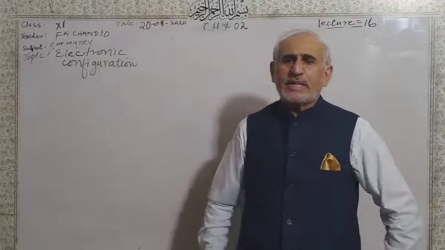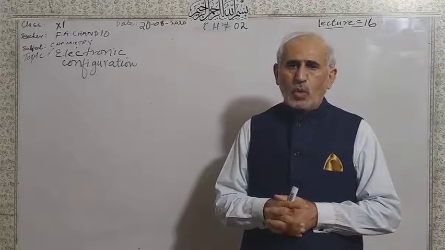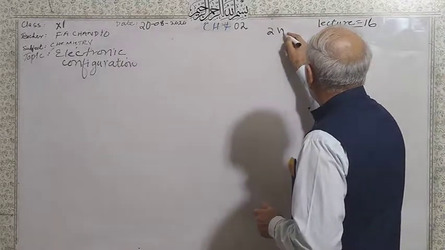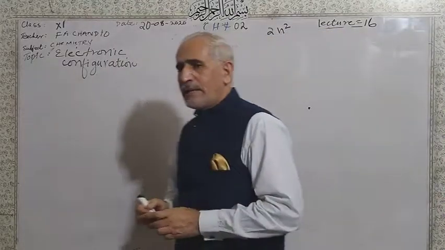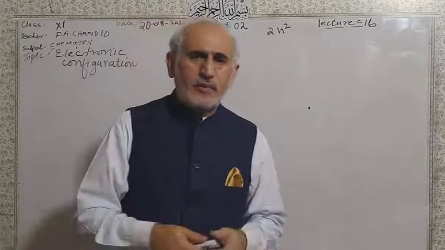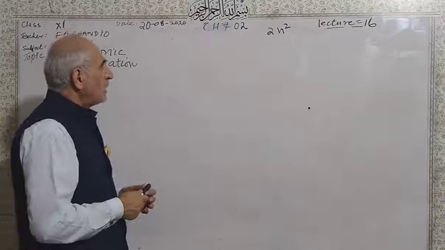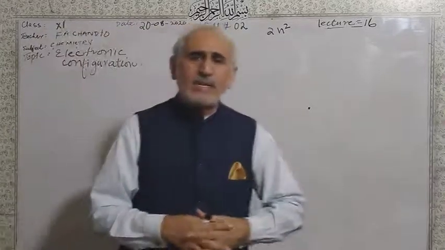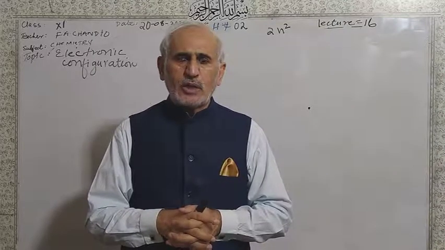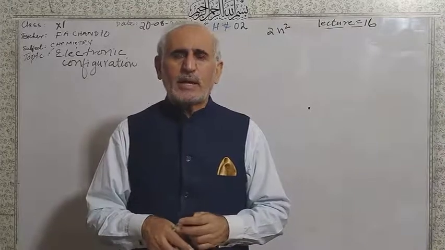One is according to Bohr's atomic model, which means 2n², as we already discussed in the previous lecture. Then there is the modern electronic configuration according to the wave nature, where we involve sub-energy levels